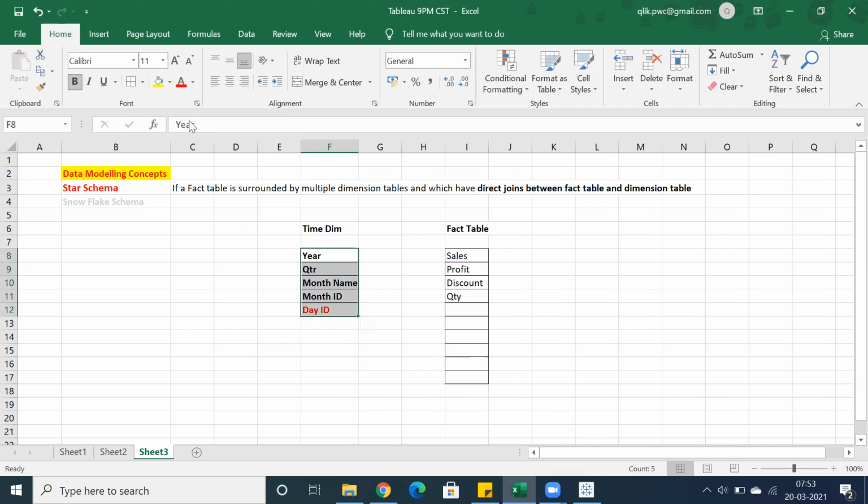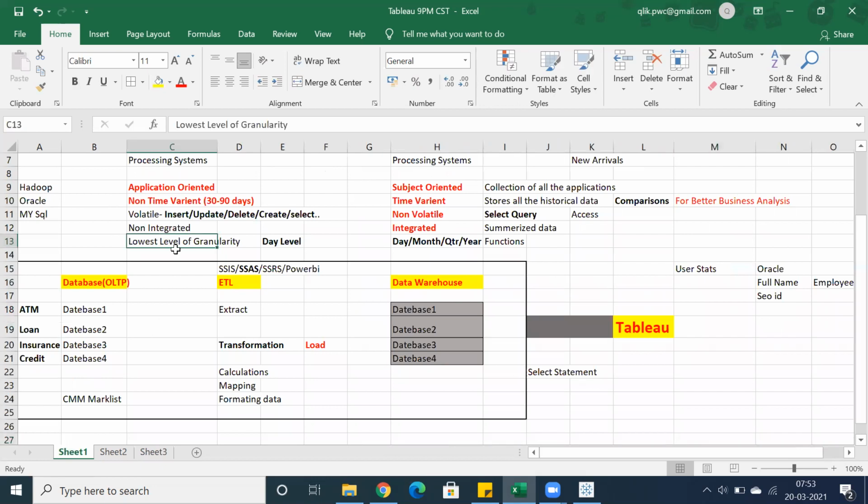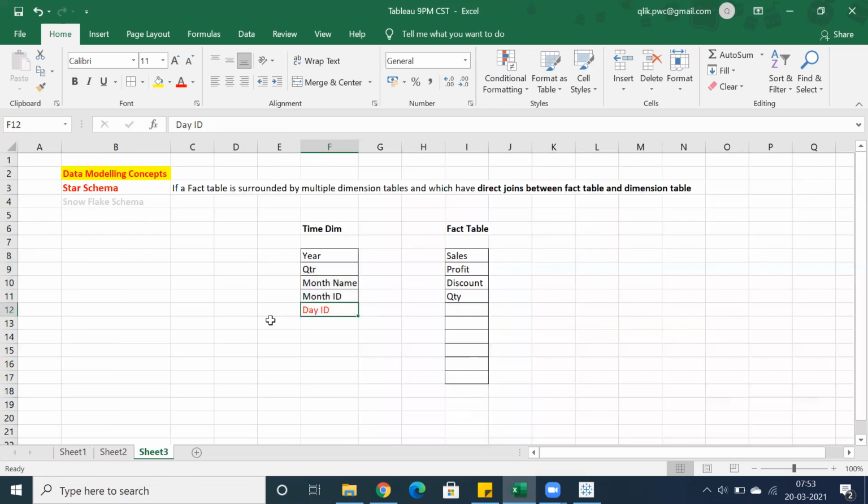Whenever we are going to establish a relationship between the tables, we do prefer the lowest level of granularity. That is what we discussed in the last class. The lowest level of granularity is the day level, because we have actual data across the day level. But you can establish a relationship at any level.